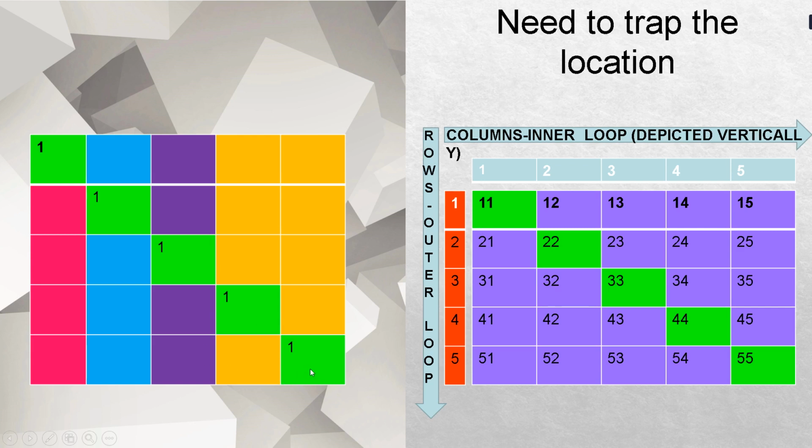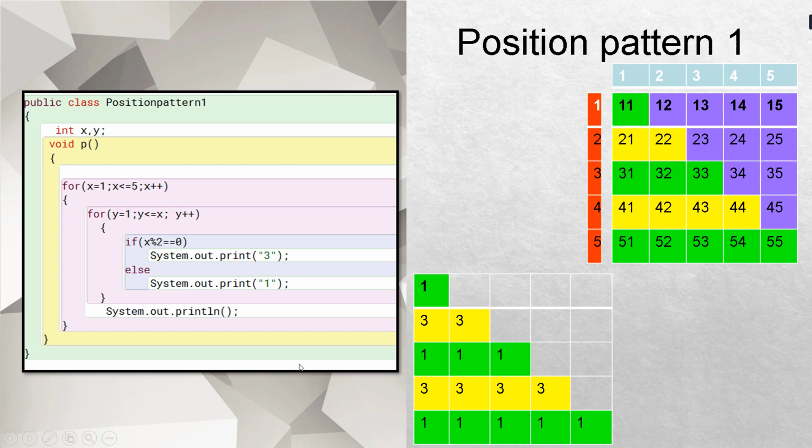So let's see further. Now in this program over here, I have again chosen a pattern 1, and in this pattern these are the locations which we have to trap: 1 1, 2 1, 2 2, 3 1, 3 2, 3 3, 4 1, 4 2, 4 3. That means this is kind of a pattern which we have to print. First of all, we have to see the shape of the pattern. We have to build the shape of the pattern.